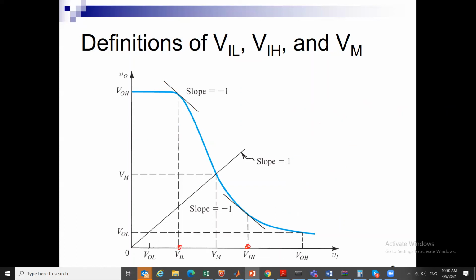There's another point that we define on the transfer function, which we typically refer to as the switching threshold of the inverter. It is the point that splits the domain into high outputs and low outputs, and it is the point at which Vin equals Vout equals Vm. We care for this point to be as close to VDD over 2 as possible, because this means that my inverter has symmetric capabilities. It is as good in pull up as in pull down. If it is not, if it is biased to one side,